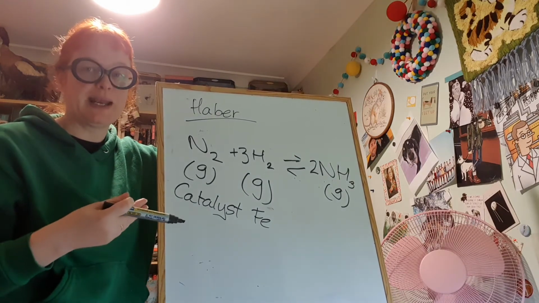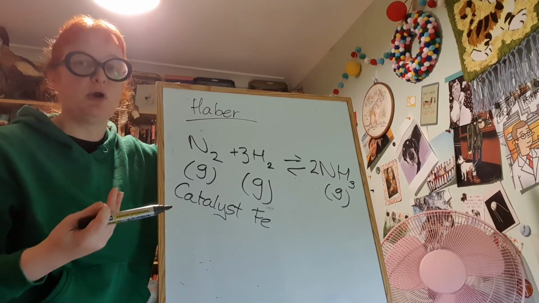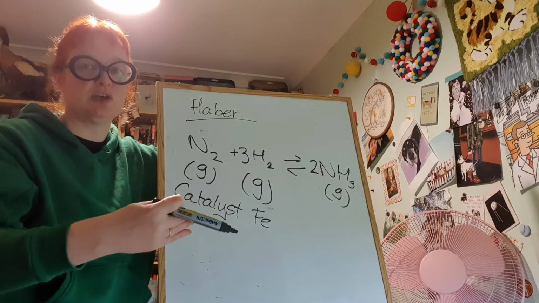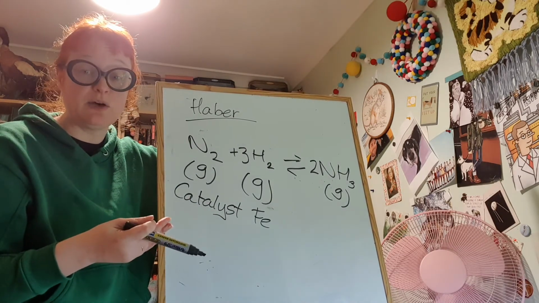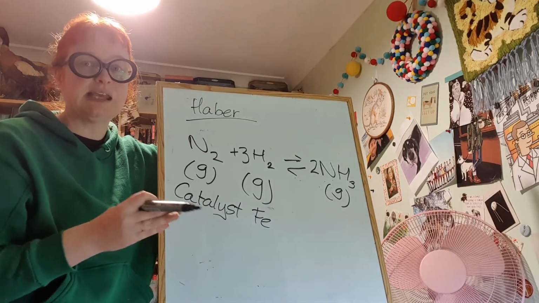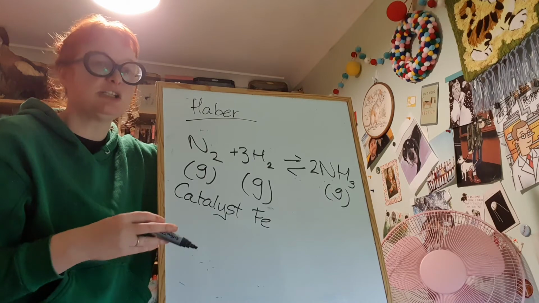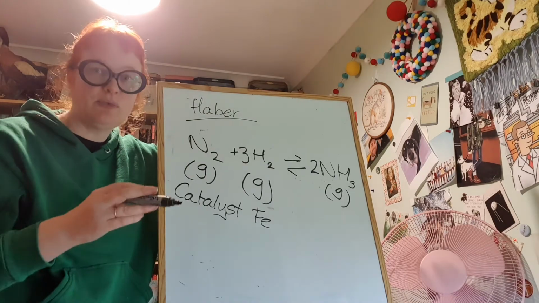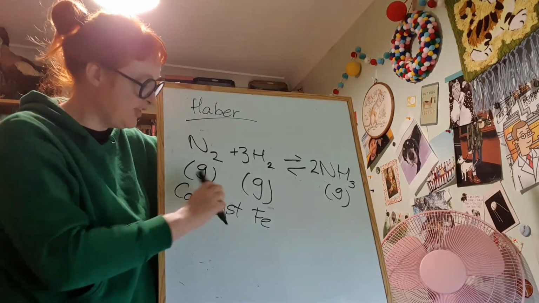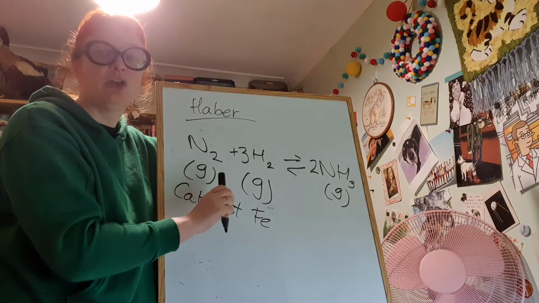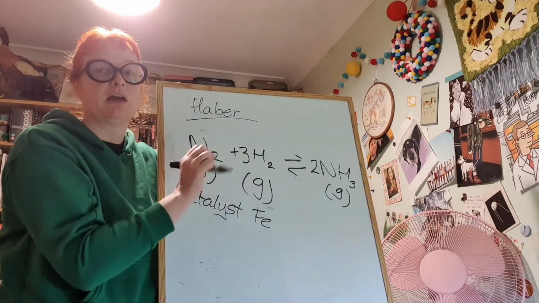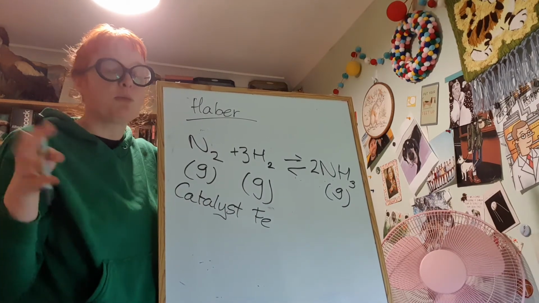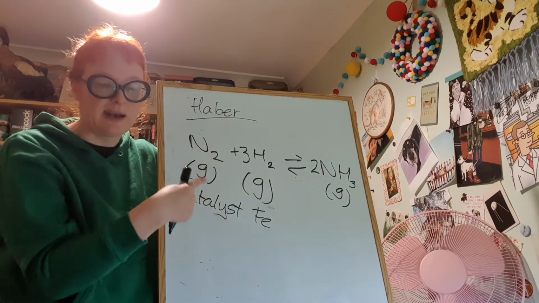So the rate is how quickly it happens. How quickly you complete your homework is your rate, but the extent is how much of it you do. So it might take you 2 weeks to complete your homework. That's your rate. The extent is how much of it you do. So I did 10 questions. It took me 2 hours. My friend did the same and it took them 1 hour. Different rates, same extent. So this catalyst doesn't change the amount of ammonia we're making, it just makes it quicker. And if we're doing it quicker, that's good as a chemist because it means we can get through it quicker and get more and more pumped out. And we'll look at some of the equations to work that out as we move forward.